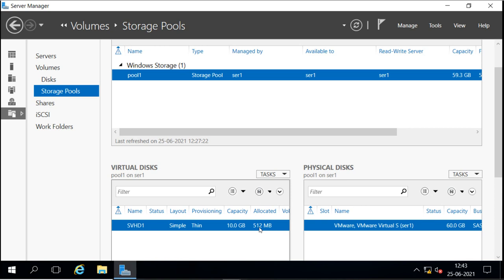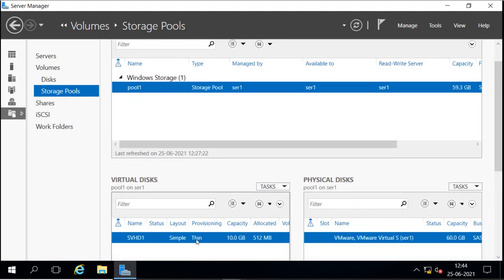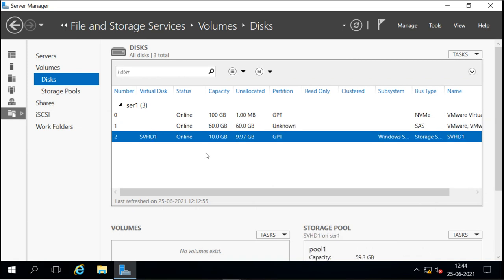It is going to use 10 GB when we use this hard disk. Now we can see this virtual disk of 10 GB under the disks also. It is of GPT partitioning style.